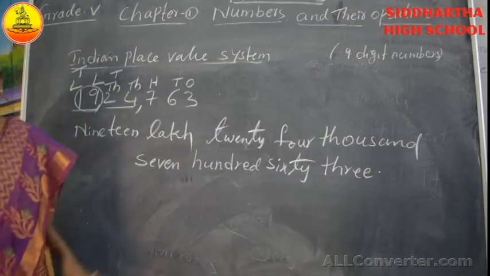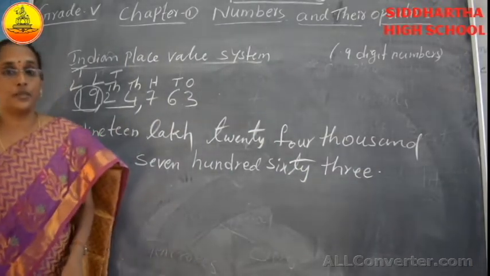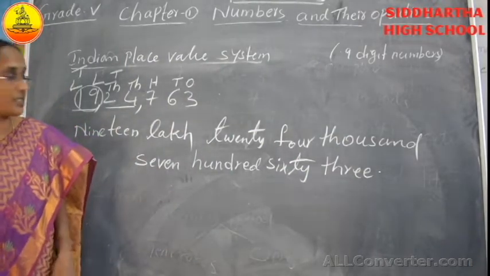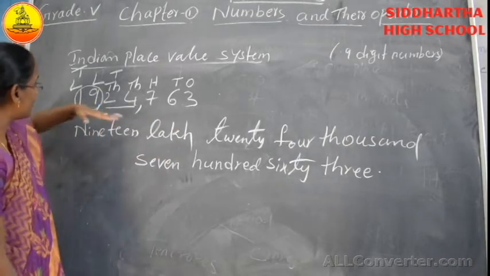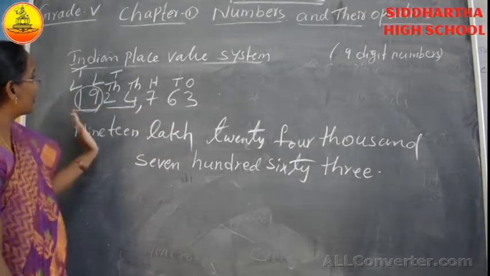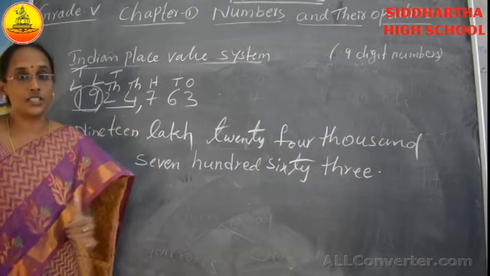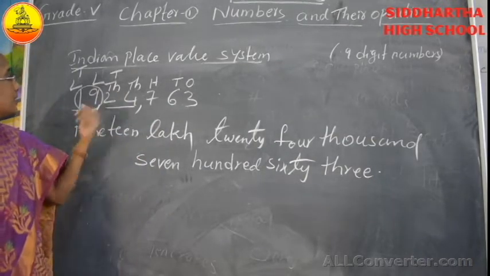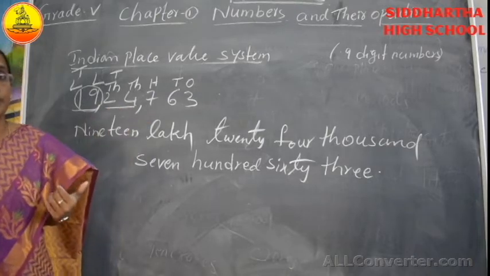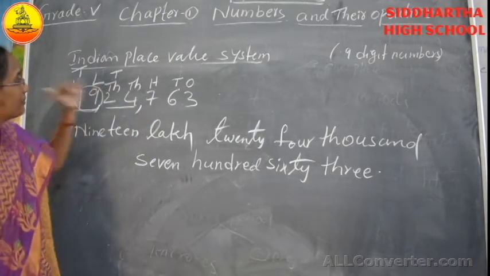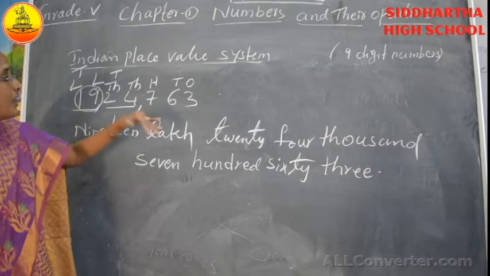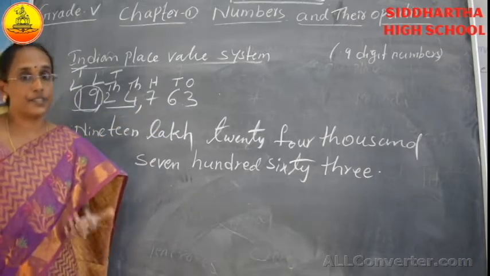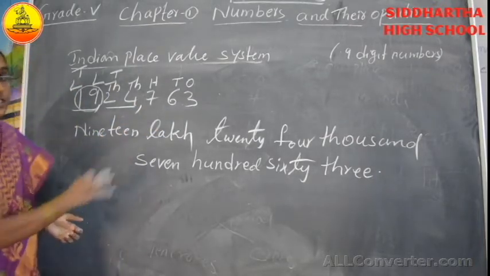763. Okay, children. How to write that number name in the Indian place value system? Did you understand? First, when you are mentioning the digits, count how many digits are there. Here there are 7 digits, so it is called a 7-digit number. After that, mention the 7 places. What are those 7 places? After that, you can divide into periods. Now you can write the number.